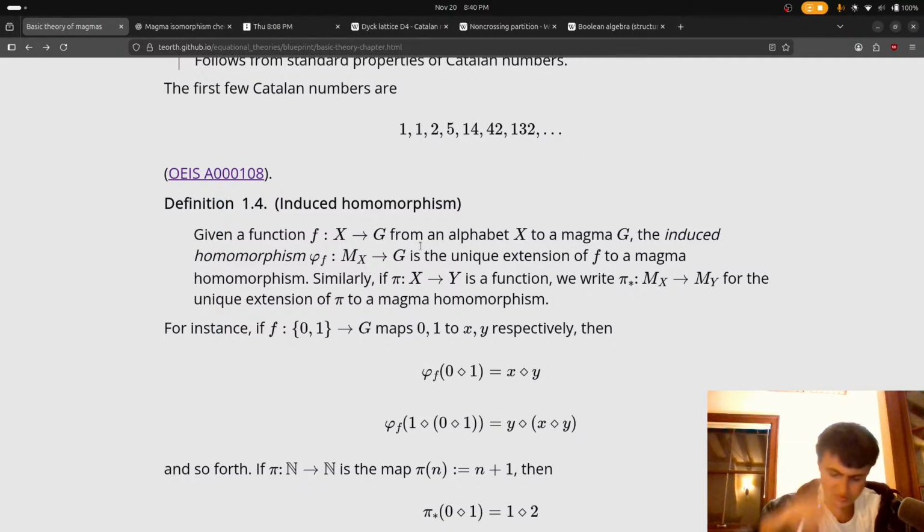So first off, let me remind myself, a magma homomorphism is where phi of x dot y is equal to phi of x star phi of y, where phi is a map between G and H.